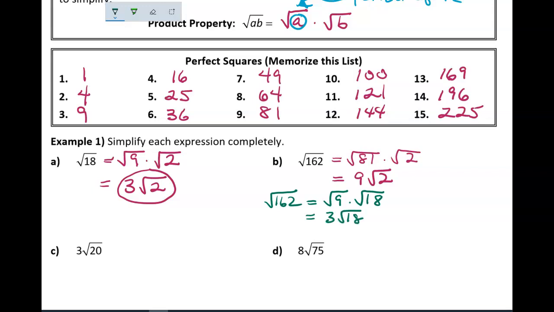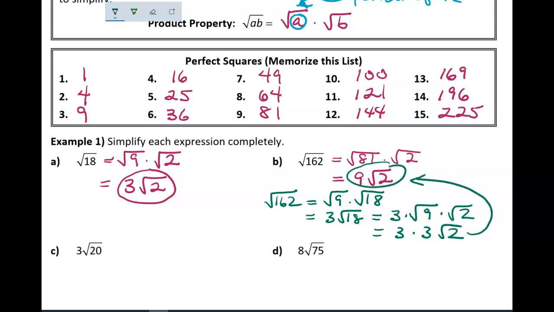Well, the thing about that is that's simplified but not fully simplified. Now remember, we just simplified the square root of 18, and the square root of 18 is the square root of 9 times the square root of 2. So then we have 3 times the square root of 2, which gives us that same result that we got before. So it helps to look for the largest perfect square when you're dividing into the radicand, which is the